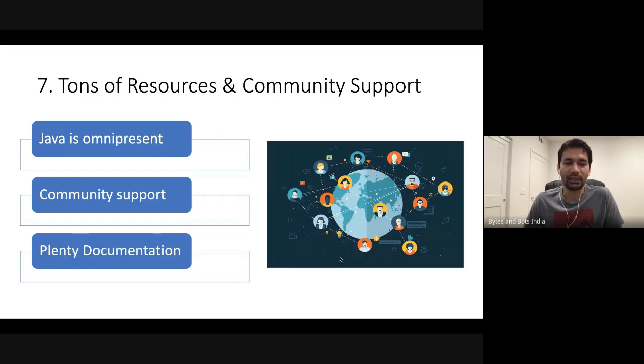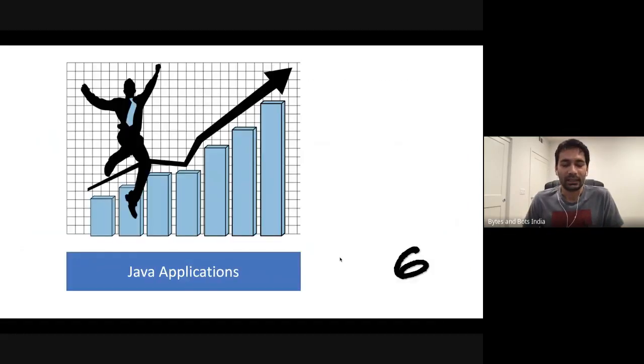Oracle Java, as an example, has a nice Javadoc available, which explains each API, parameters, behavior of each method. So it's very helpful. It makes our code predictable because we know everything about it. So having a lot of resources makes life easy. Point number 6, Java applications.